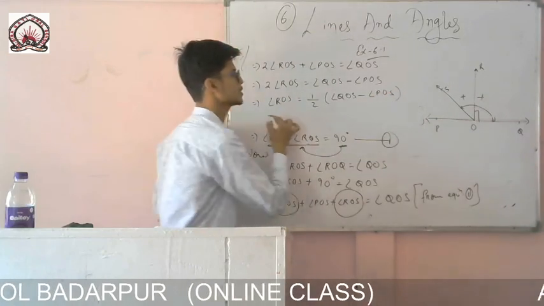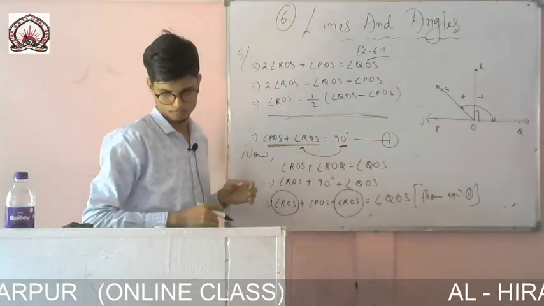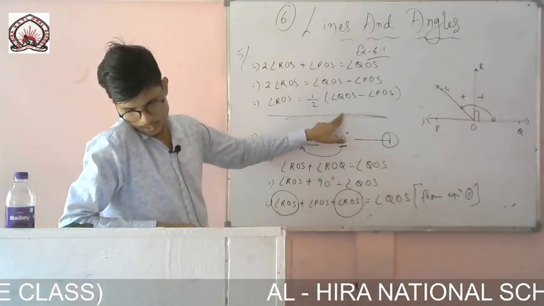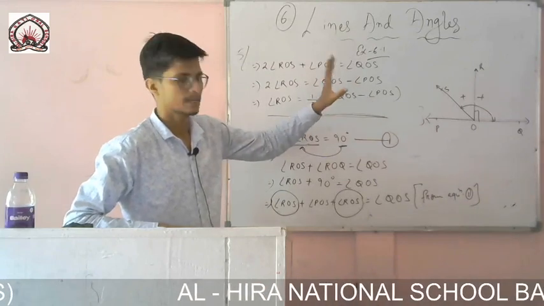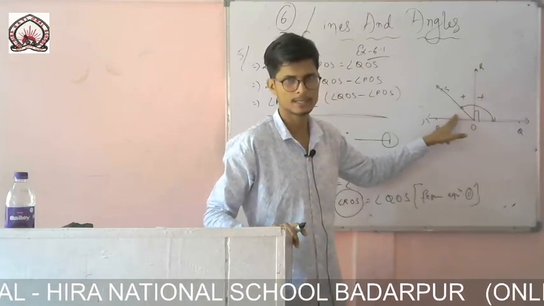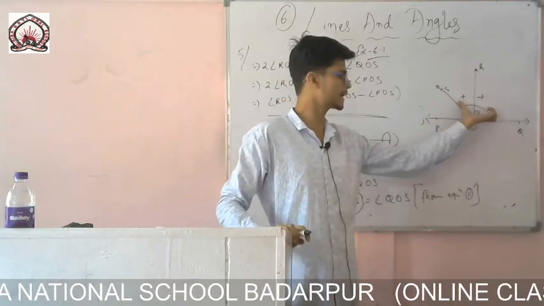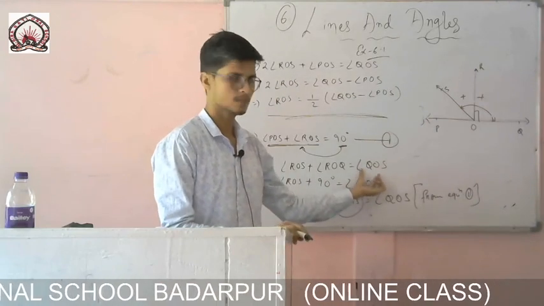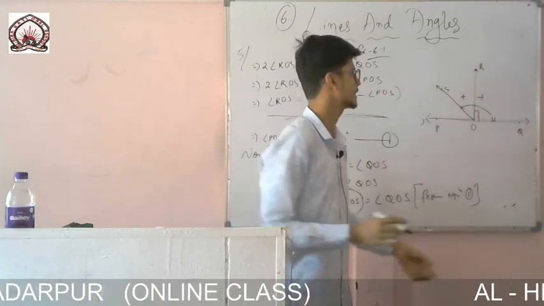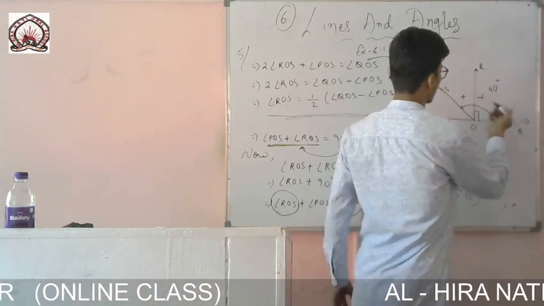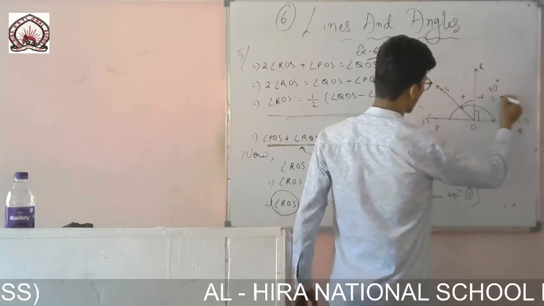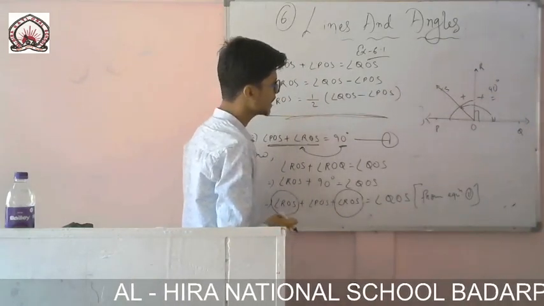I think this is the question you were supposed to prove. So you see what I have proved, that angle ROS is equal to half of angle QOS minus angle POS. First of all, I have shown that the sum of these two angles is equal to 90 degrees. Then again I have taken this whole angle because I need QOS. So I have taken QOS equals this one plus that one. The value of this one, we know, is 90 degrees, and we have proved earlier that these two angles also make 90 degrees. So in place of 90 degrees, I am writing angle POS plus angle ROS.